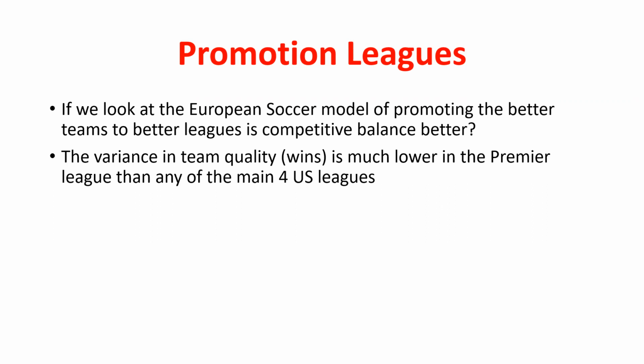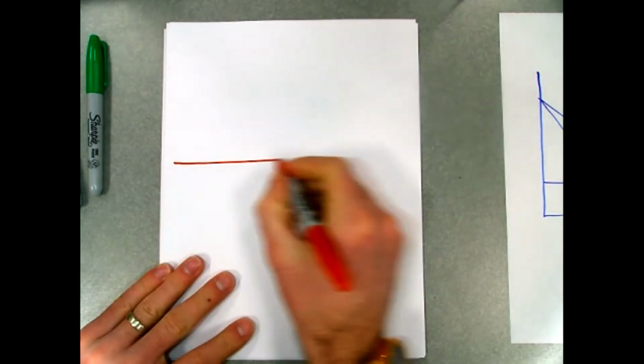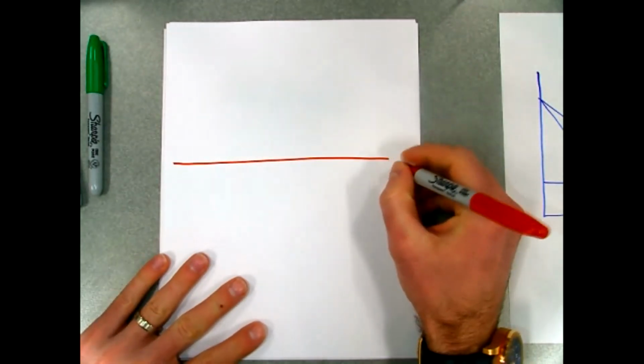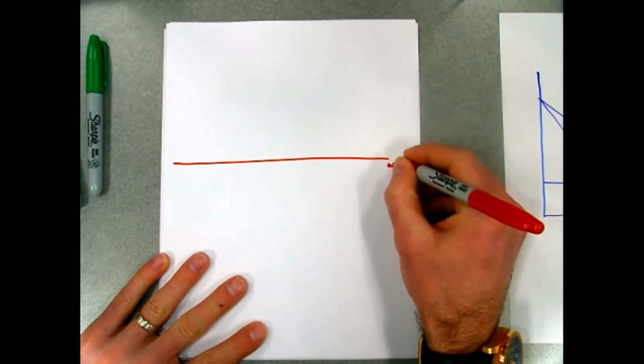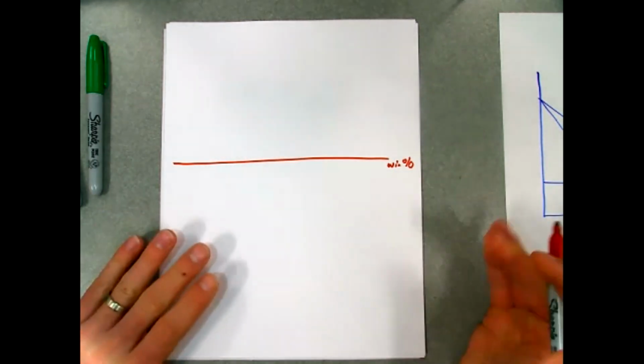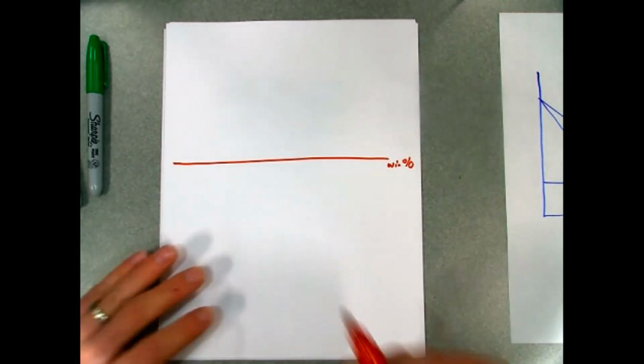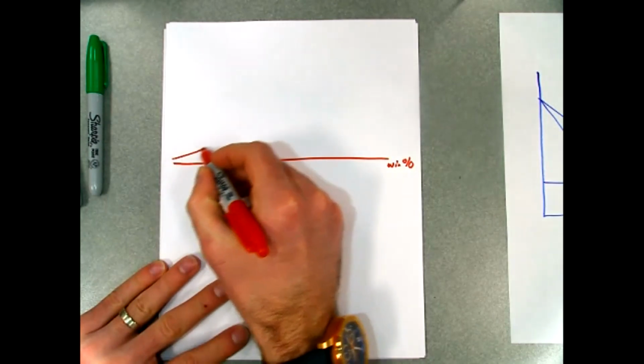In fact, just to review this, a statistics thing that may come up occasionally, just having a reference point to talk about it. If I'm thinking about what my win percentages look like, and I'm thinking about what the distribution looks like, I can come up with a measure of variation, which is the variance or the standard deviation. So let's say